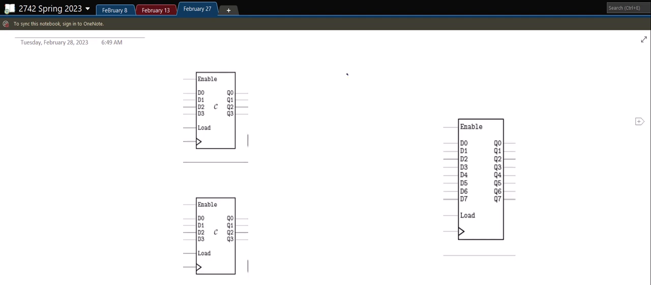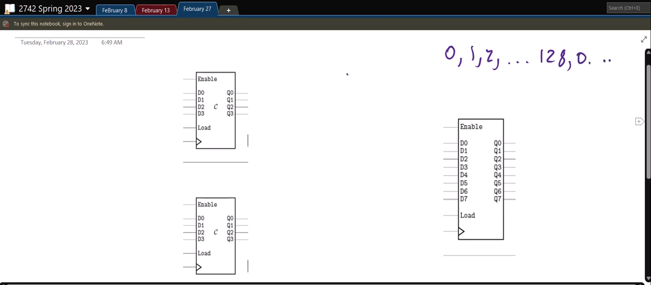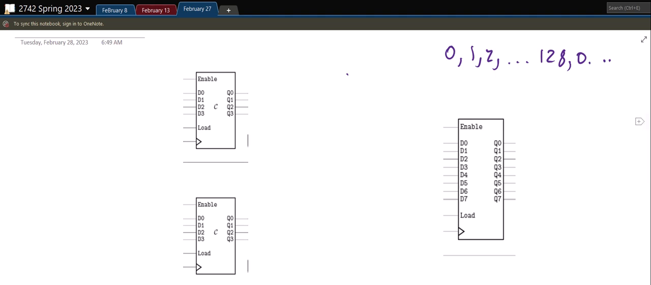Okay, so the next one goes from 0 to 128 and then back to 0. So you detect 128 and then you go back to 0. So we need more than 4 bits to get to 128. So let's look at an 8-bit number, and our place values are those. And so 128, and this would be,